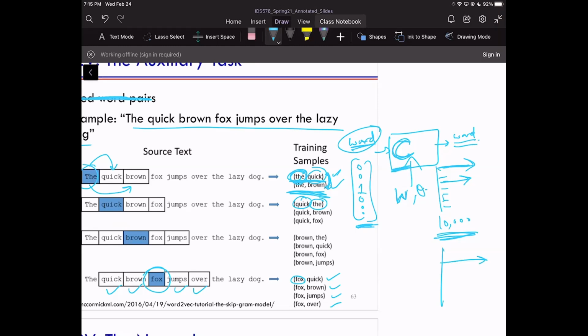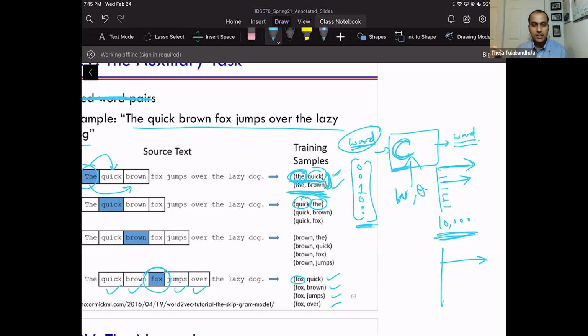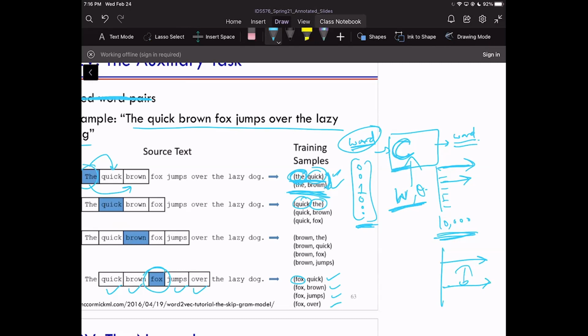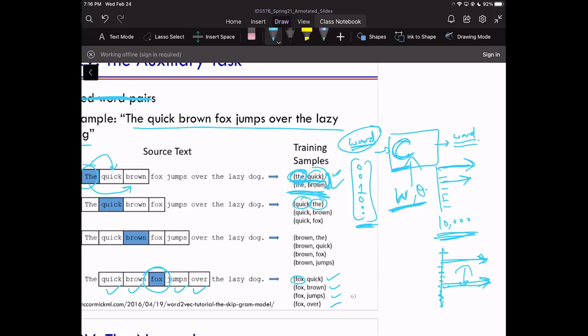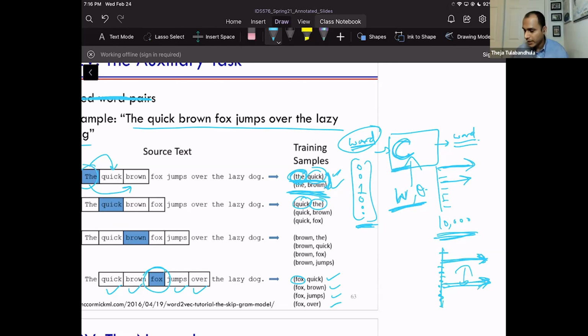Ideally. In the alternate case, when you only had D and brown and not D and quick, then only the brown coordinate hopefully will be high and everything else will be 0. Now you have both. It turns out that the parameters of the classifier, whatever W prime or W2, will be such that only these two scores, quick and brown, will be somewhat high, maybe not the highest, and everything else will be close to 0.